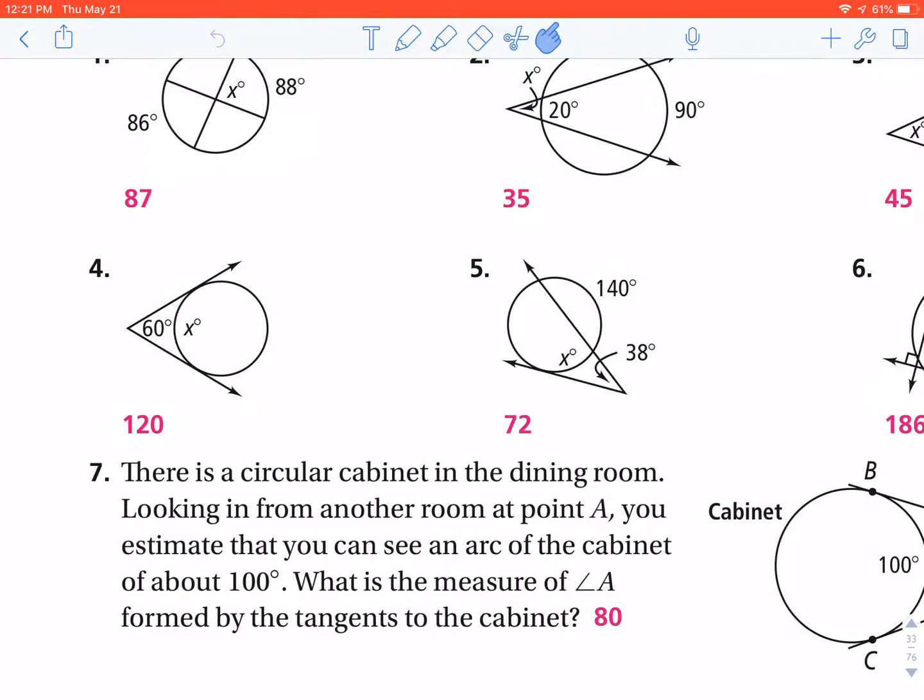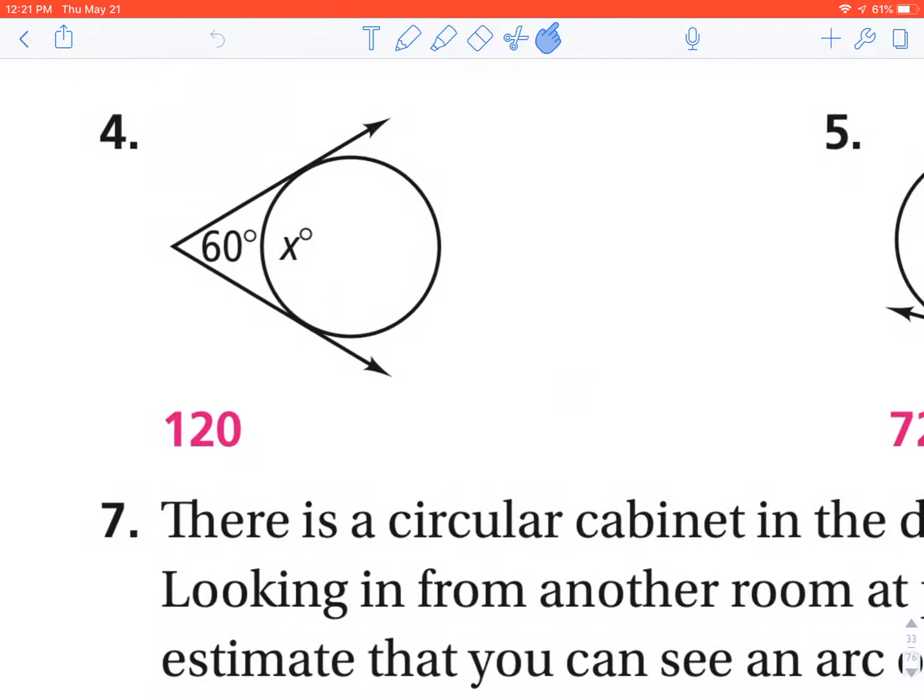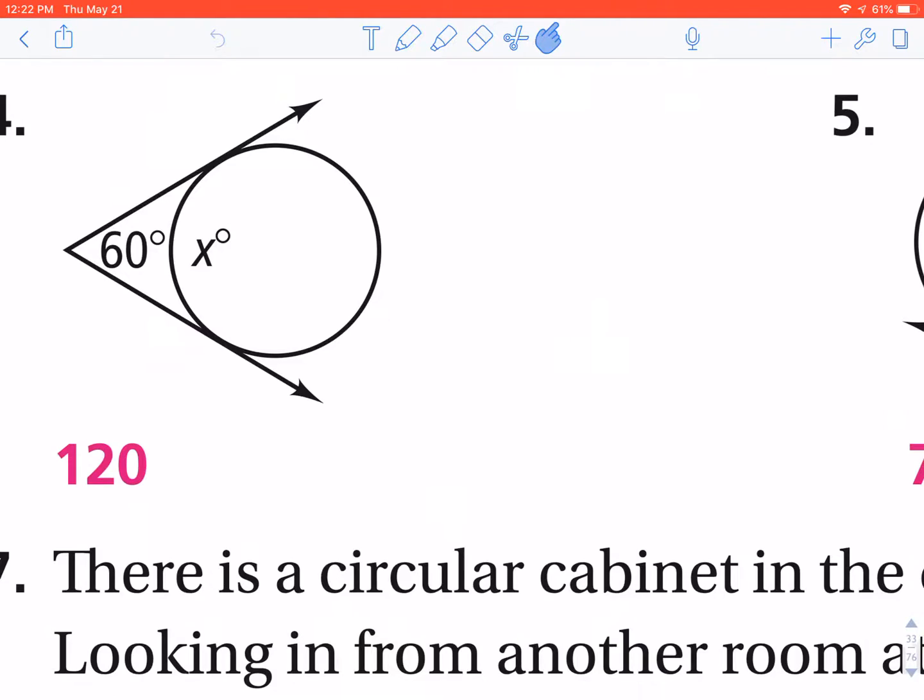This is your homework 12-4. I'm going to do numbers 4, 5, and 6. So 4 and 5 are extremely similar. They are a little bit more complicated than the couple we did in our notes, but the formula holds nonetheless. Okay, so again, the first question you got to ask is, does the intersection in these figures occur inside or outside of the circle? And for all three of these questions, they all occur outside of the circle, so you're